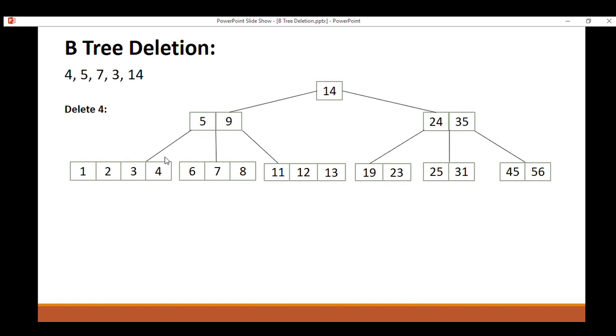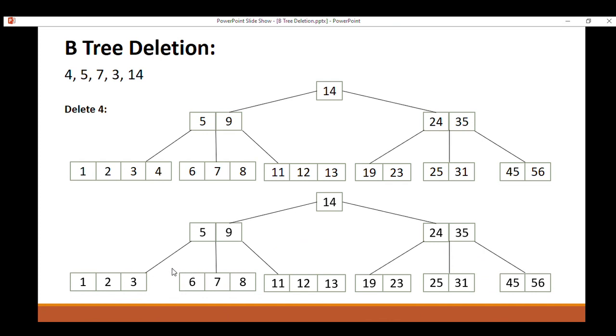So here we can see that 4 exists in the node, and we have to delete the data from the leaf node. When we delete 4 from the B tree, our B tree will look like this. So here 4 is deleted.